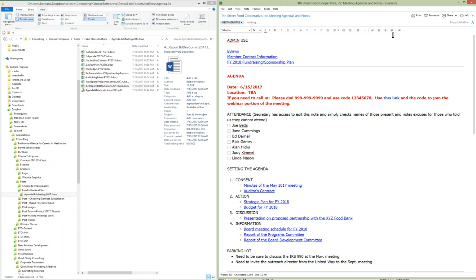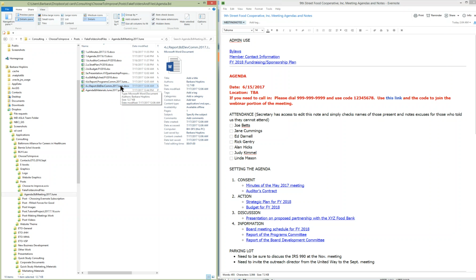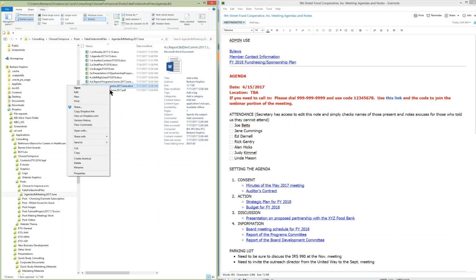And to illustrate how simple it is to hyperlink a document, let's go find one of these documents that we have here. Let's look for Report of the Board Development Committee. Here that is sitting in Dropbox on my hard drive. If I right click, I can copy the Dropbox link,